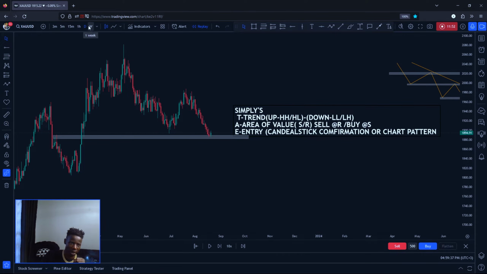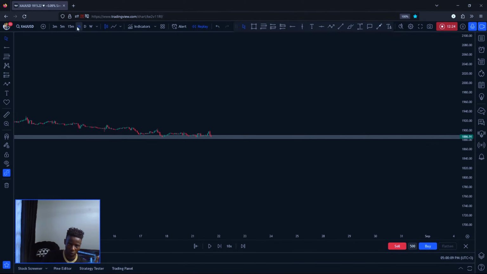So remember, this is a high time frame, and this daily time frame can give you the bias. What is the bias? Let's go to the lower time frame. You can go to the 4H, but I prefer using the 1H. From daily to 1H, 15 minutes, then 5 minutes for execution. Then let's go to 1H.